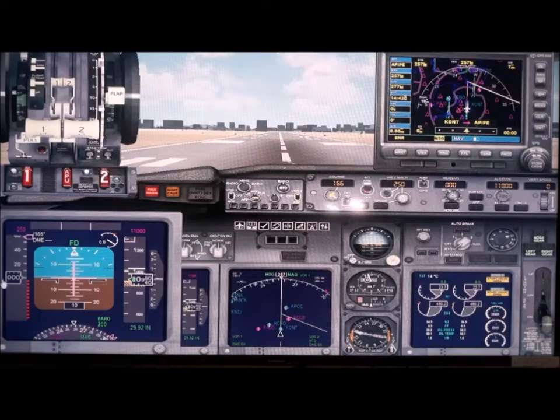master switch on. We will be taking off the plane, rotating. It's called VR, velocity of rotation, when we reach a speed of 140 knots. So we'll keep watch here for 140. There are other speeds, V1, V2 and all. We will not discuss that here. But right now we'll watch for 140, and at that point we'll take off.